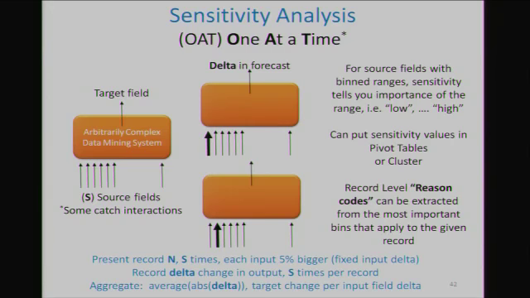If the original forecast was 0.5 and this one is 0.55, the delta will be 0.05. Now I'm going to have an output table that shows, for Mr. Smith, the change based on a fixed increase in field 1. So that'll be 0.05. Then you might get negative 0.2, negative 0.9, 0.8. And so you get all these deltas. If you have 100 input fields, you'll have 100 deltas. Then